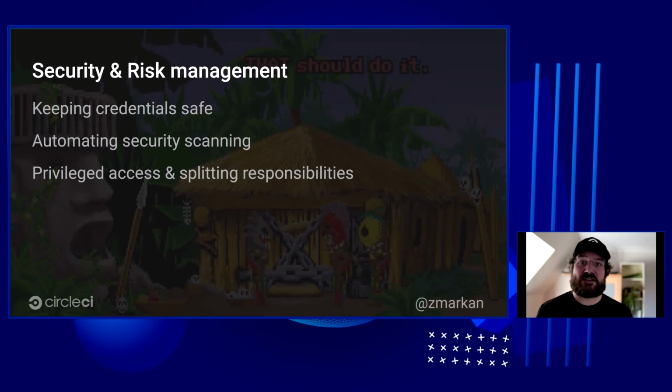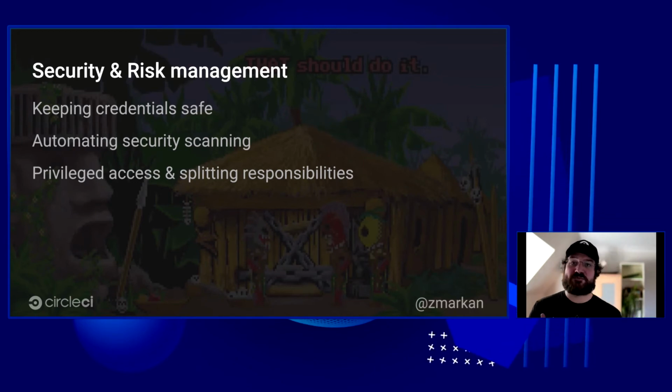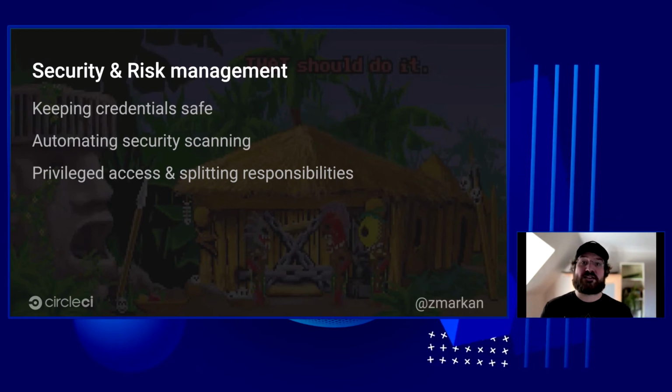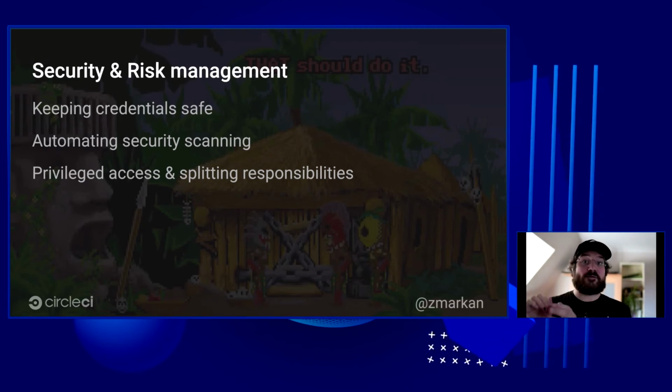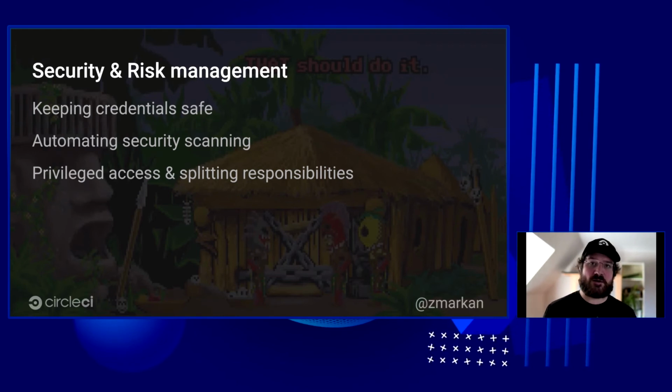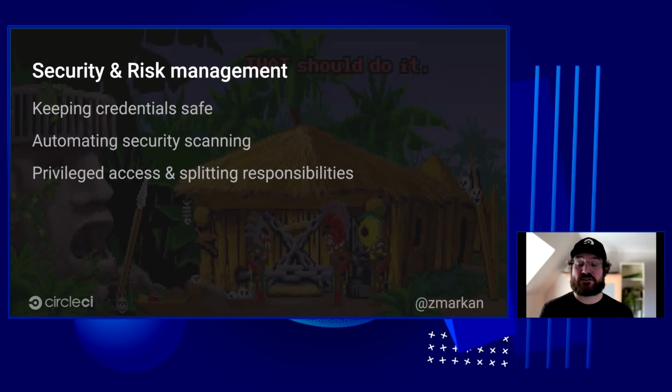That you don't need access to all of these production keys, because they are the most valuable things that you have. And also you can split responsibilities over who can actually go through with the production deployment. You can say, this is only for our delivery lead, if you're part of an enterprise organization. This is part of the delivery lead's work, or this is part of the development team's work, for example. And only that person will be able to trigger the pipeline that runs until the end,